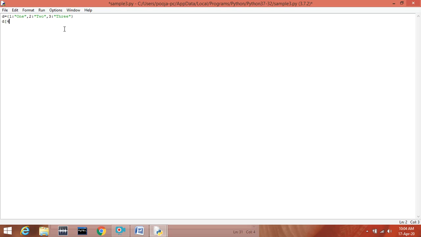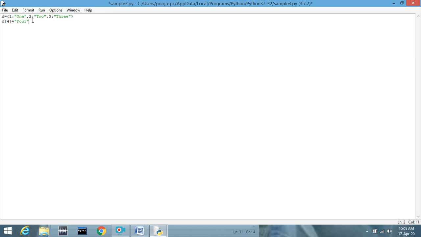For example, I want 4 as key. So I am writing it in the box bracket, equals to 4 in words. It is string, so I am writing in double quotation mark. So this is the syntax to add an element in the dictionary.